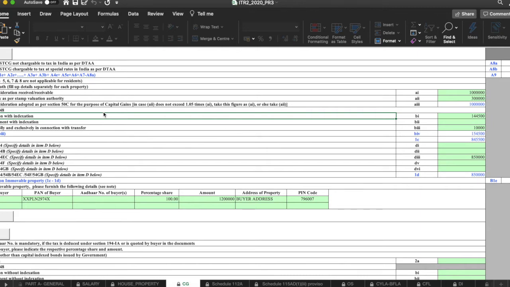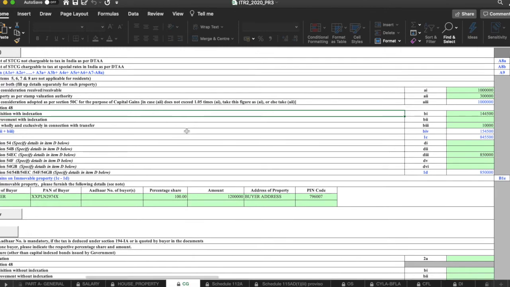Usually there are chartered engineers who are authorized for the valuation of property. In case you purchased after 2001 and you have any doubt in this calculation specifically, then definitely get advice from the property valuation team, that is a chartered accountant or chartered engineer authorized for that in each location.